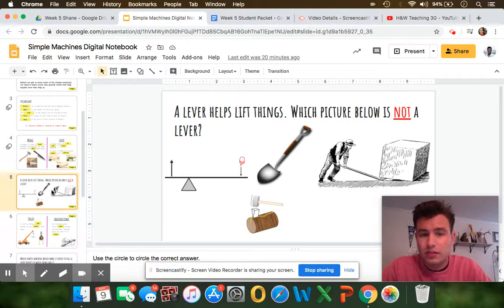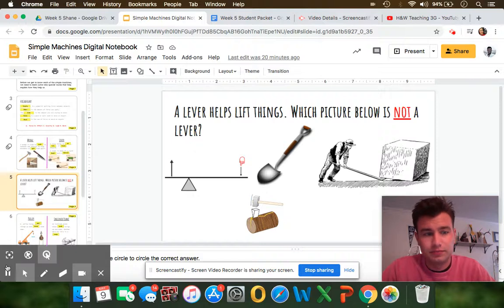answer. So it says a lever helps to lift things. That's one purpose. Which picture is not a lever? So we've got this seesaw looking thing here. We've got a shovel. We've got this farmer trying to move this big box. And we've got this hammer coming down on this object to split a log apart. So which one is not a lever? Remember, a lever helps you lift things. Take a moment, just circle whatever object you think is not a lever, and then I'm going to tell you